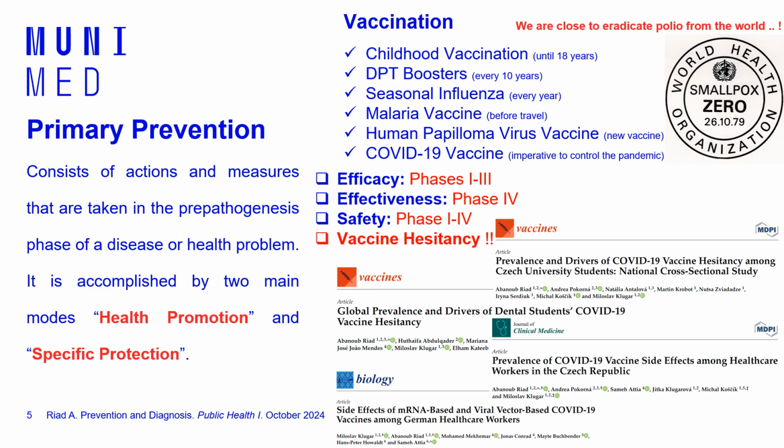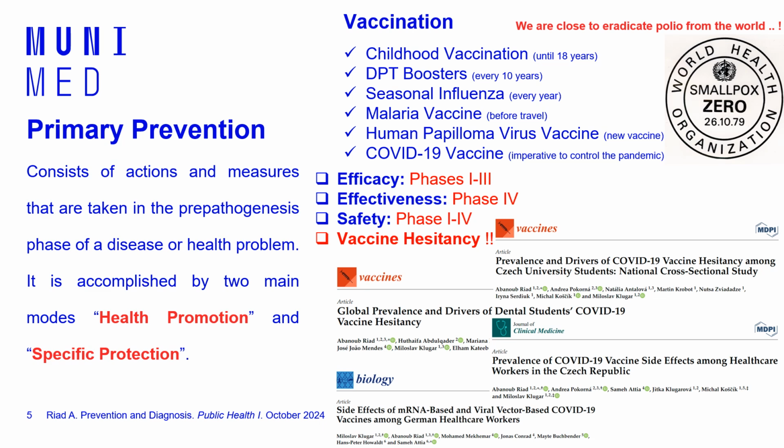We were especially focusing in our university and in our Department of Public Health on the side effects of vaccinations. That is also a part of vaccine safety monitoring during phase 4. After the vaccines were approved for the public, we kept an eye on it and kept asking healthcare professionals and others about their history of side effects after vaccination, to see if any dangerous or suspicious side effects were recorded.